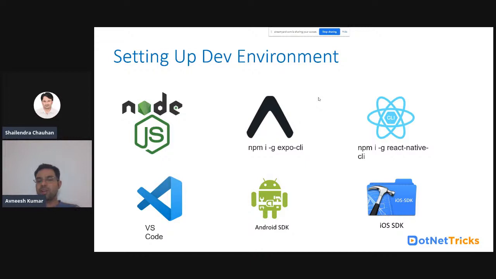So you can download and install it on your system from nodejs.org, right? Now, if I talk about React Native CLIs, there are two things. One is Expo CLI, and the second one is React Native CLI.